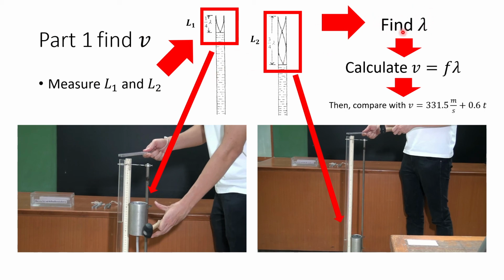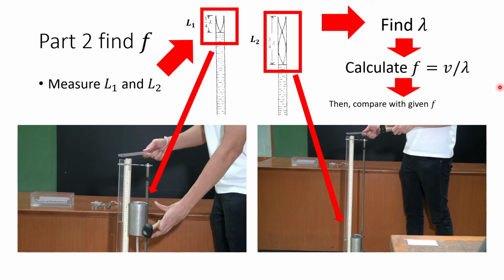And then once you know the lambda, you can calculate the velocity by multiplying F and lambda, and then compare it with the theoretical value that you can obtain by measuring the temperature of the room, and then use this formula to estimate the velocity of the sound in the air. All right, and the second part, this time you'll be repeating the experiment, but you'll be using two